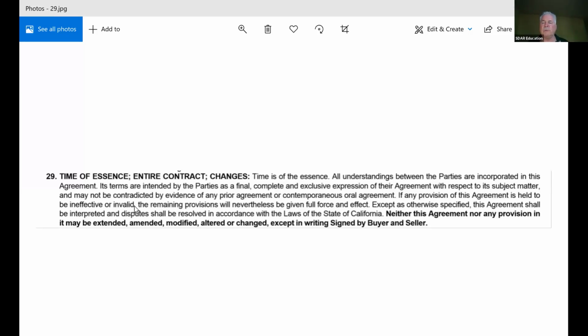And part of the reason was because we would send our contract by fax to the escrow company. The escrow company would rewrite our document, send it back to us and say, is this okay? And then we would look at it and go, well, I just wrote it. It must be okay. But the problem is that escrow didn't write it. You did, and now you didn't review it or whatever.